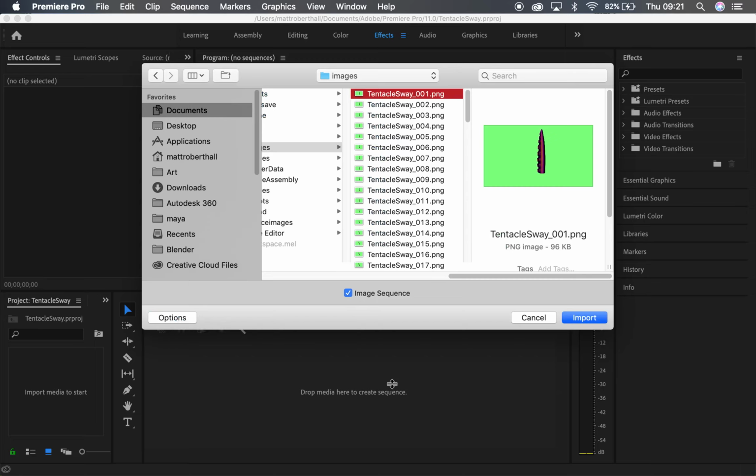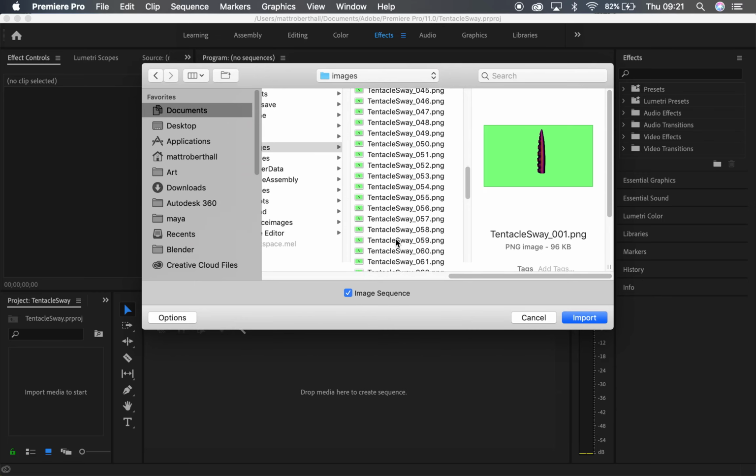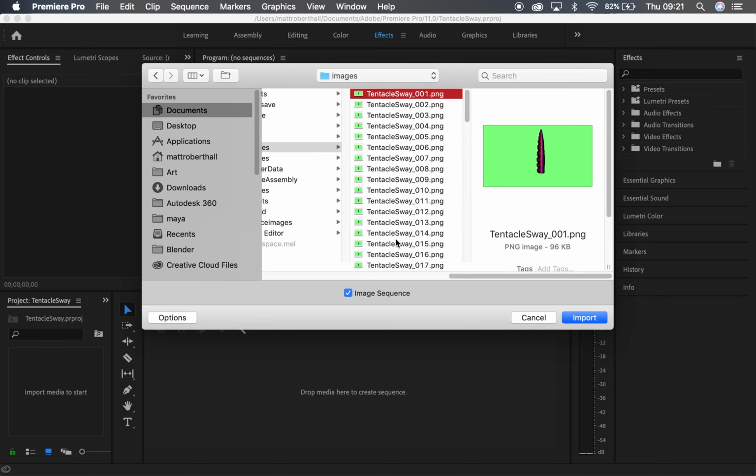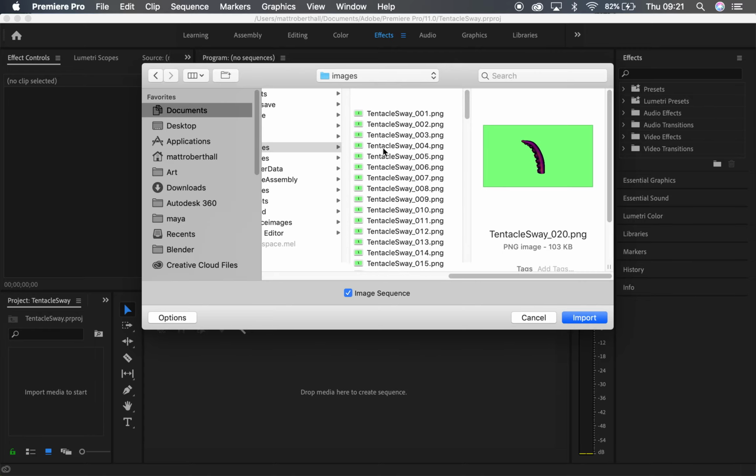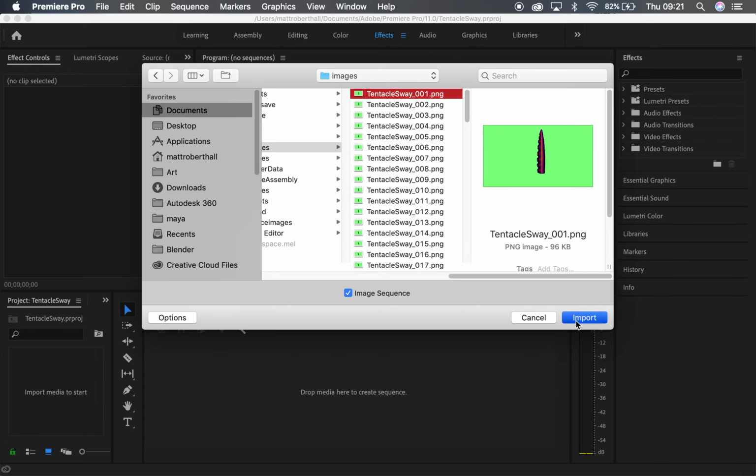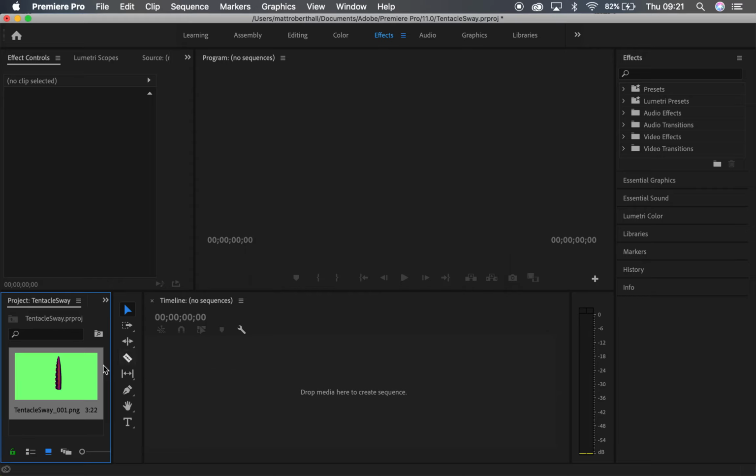So I don't want to select all of them because it's going to bring them in as still images. So I want to look for this image sequence button here and make sure that's ticked. And it's going to then read all of these here. And because we set everything up really nice in Maya, they're going to all be in the right order. So if I select the first one and then press import, it is now going to import those files but